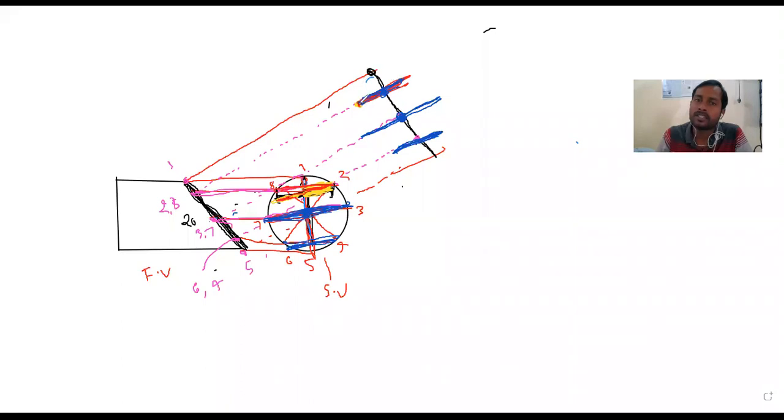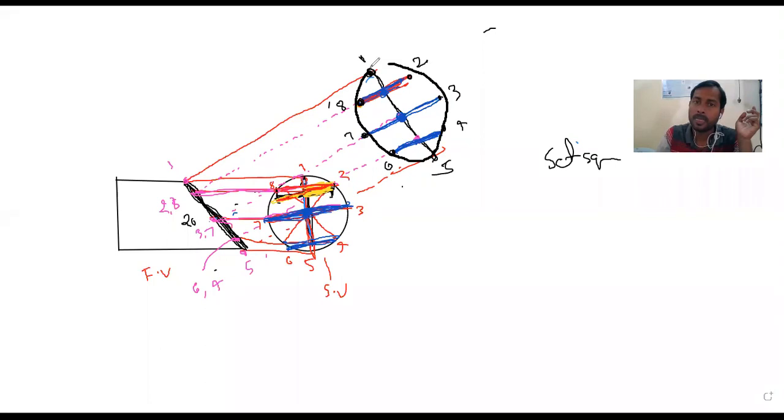This is one point, this is another point, like this. These are the points. This point is nothing but 1. This is 2. This is 3. This is 4. This is 5. This is 6. This is 7. This is 8. So you need to combine these points by using the set squares. In the set squares, you can see some curved portions. By using the set square, you should combine all the points, and that becomes an auxiliary view or